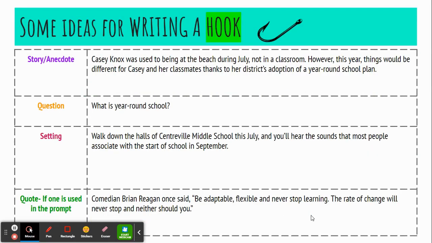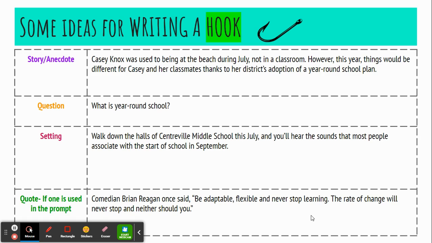To write a hook, you have a few options. Here are just a few, but you can always use your own ideas. But if you're stuck, here are a few tried and true methods to write an engaging hook. First, start with a story, a very short story, just a tiny little bit to have your reader want to